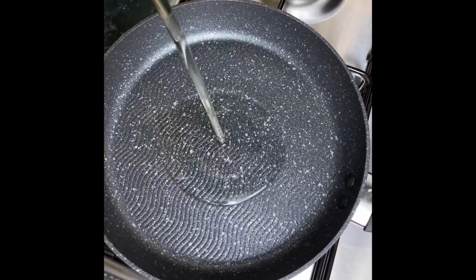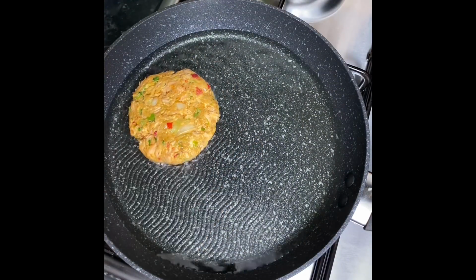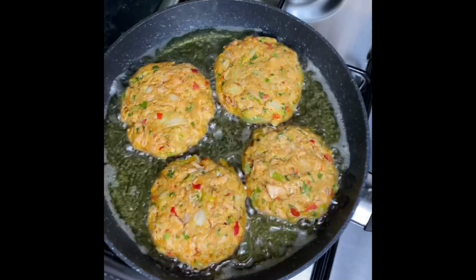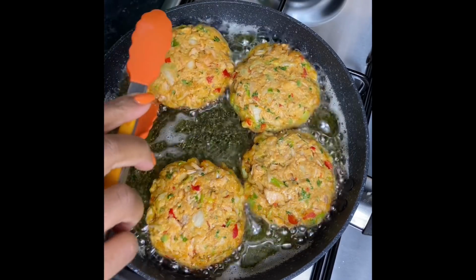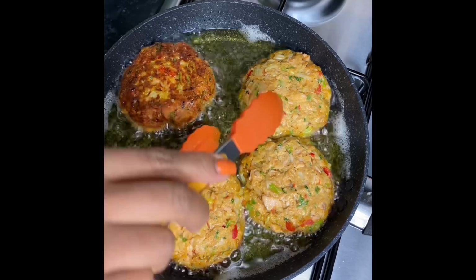Set my mash to the side, and now I'm gonna fry my salmon cakes. Go in with about half a cup of oil, and you can choose to deep fry this, whatever you want to do, guys. It's really up to you, but I just added about half a cup of oil to the pot. Allow it to heat up, keep my heat on the lowest flame, and fry my salmon cakes for about